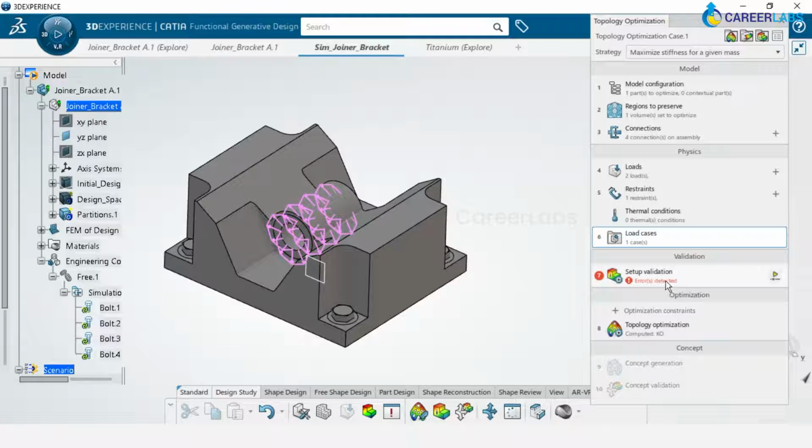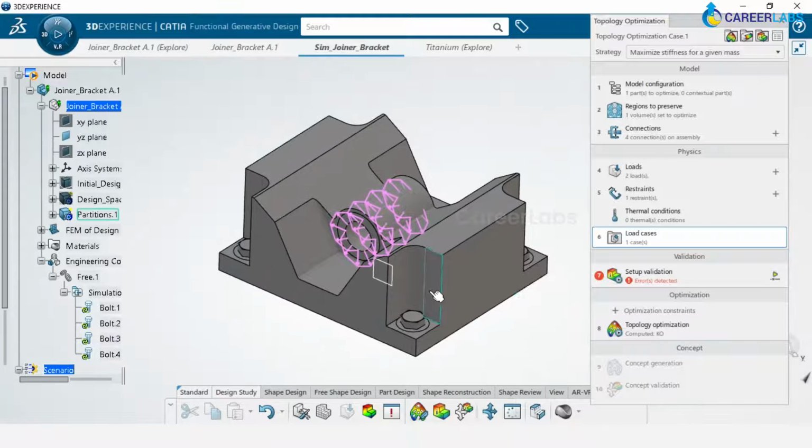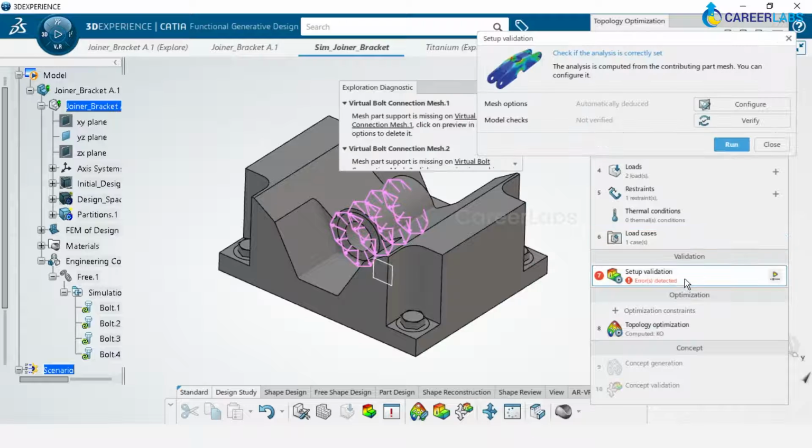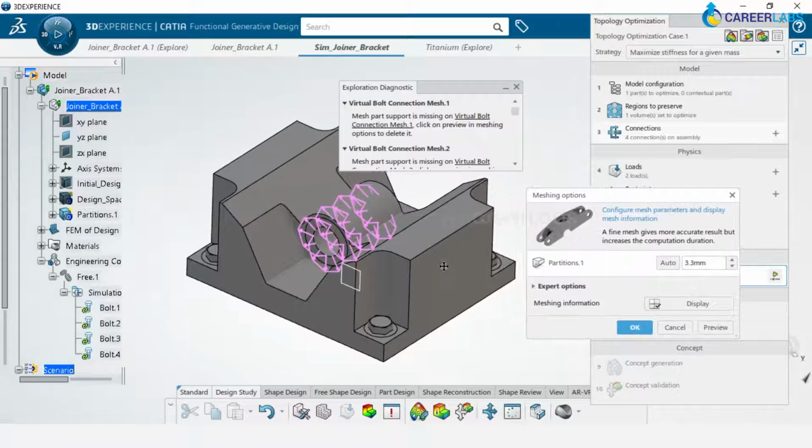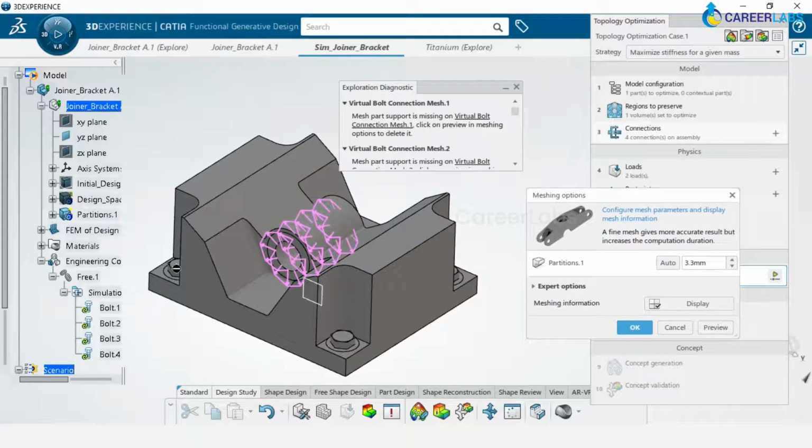Now next thing is to run this simulation, because we have done all the pre-processing. So we'll go and click on this, and then before running the model, there's something known as meshing, which is very important. So what is meshing? When it comes to meshing, what we are actually doing is that we are trying to break a 3D model into known shapes.